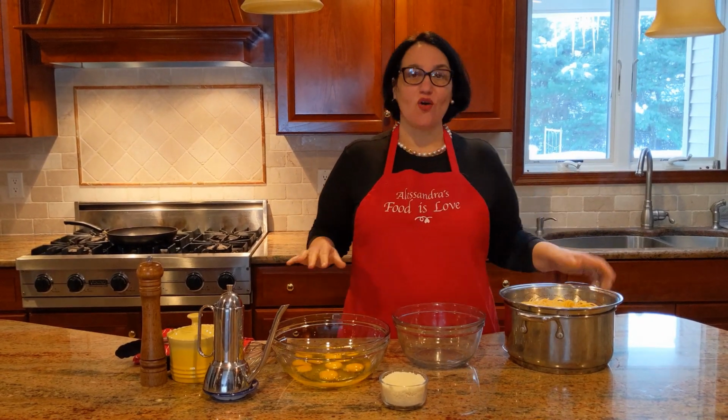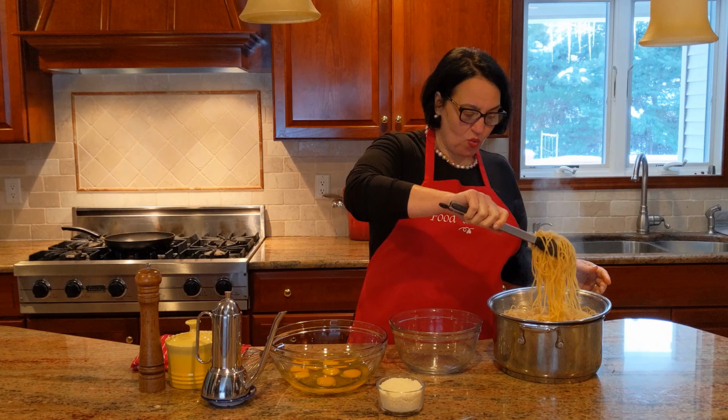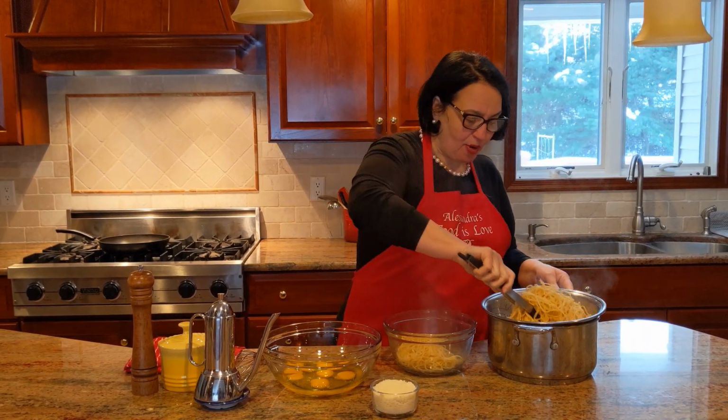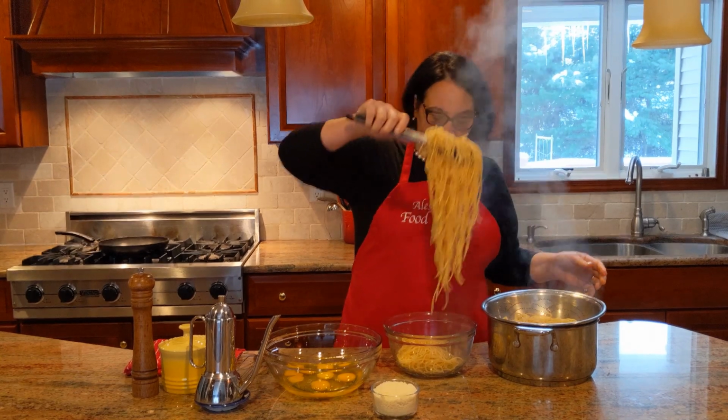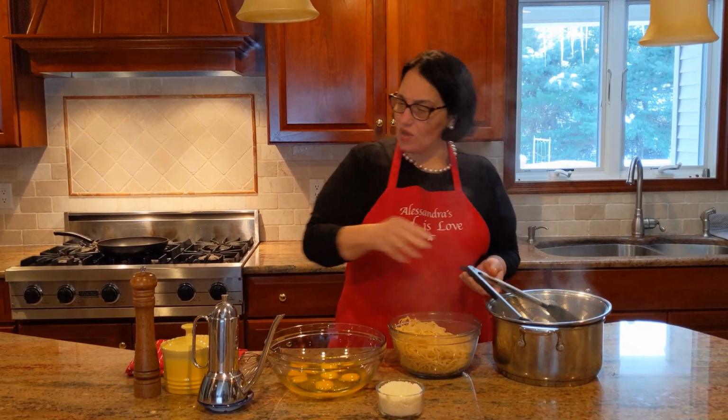Today I'm going to be making frittata di spaghetti, spaghetti pie, pizza di spaghetti, or pizza di macaroni as we called it when I was a little girl in Italy. So I've boiled a pound of spaghetti. It's still nice and hot, and the first thing we're going to do, once we drain it, is add it to a separate bowl and add a little bit of extra virgin olive oil so it doesn't